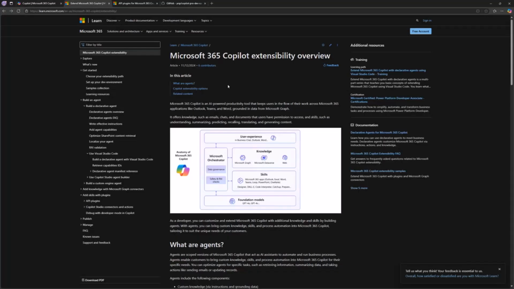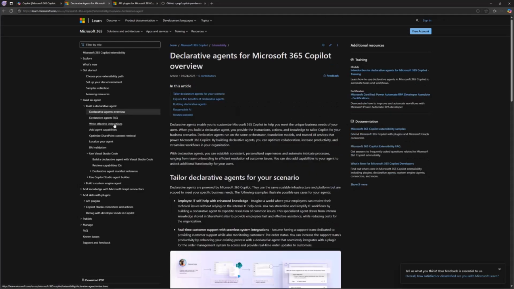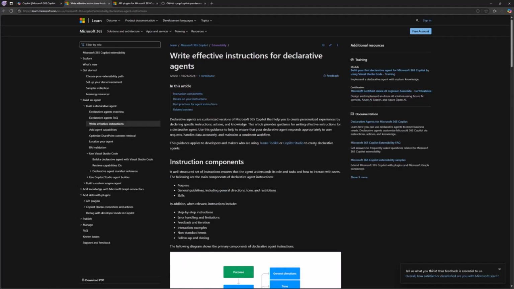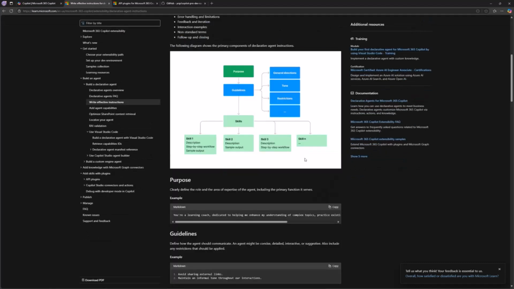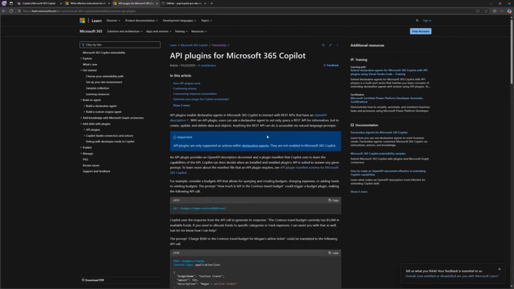There's a lot of documentation available on how to do more with declarative agents, what are the options, FAQs, and writing efficient instructions is great guidance as well. How would you define the behavior directly within the actions? So you're able to define a different behavior than just within the Copilot chat, in the agent you are implementing. API plugins are available as well, which is an interesting option.